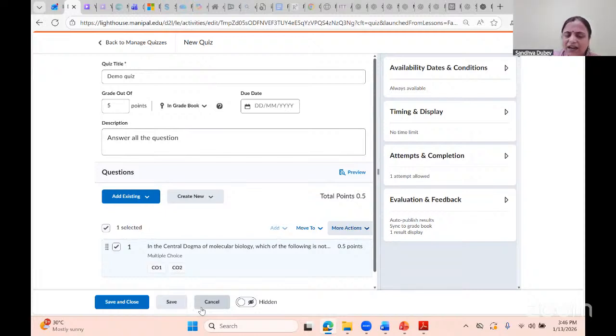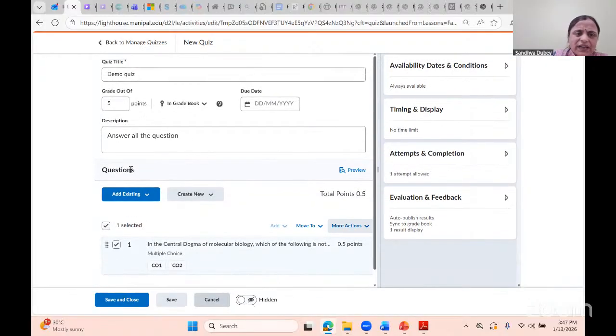At last you will get a very beautiful Excel sheet where you will see, for each student, what the marks were, which course outcome they mapped to, and what percentage he has scored. At last you have the statistics: which outcome is attained by how many students, what is the percentage of attainment, and which course outcome is under attained or over attained. So you can decide how you are going to change your course plan next time, or revise or rewrite the course outcome.